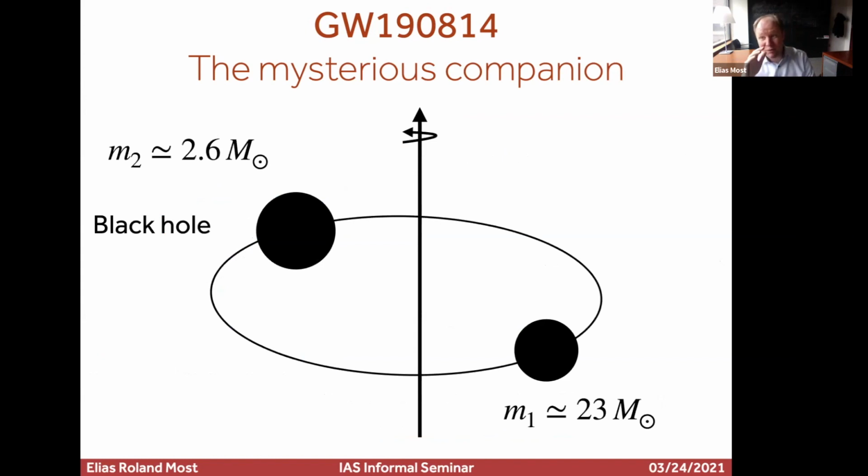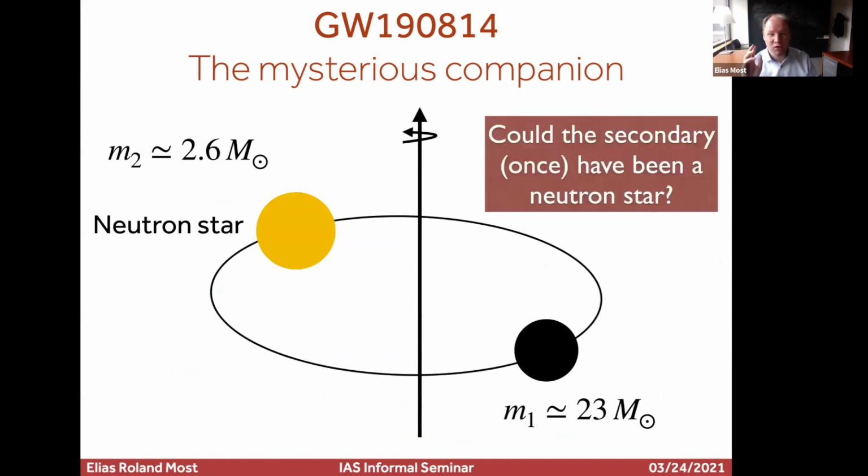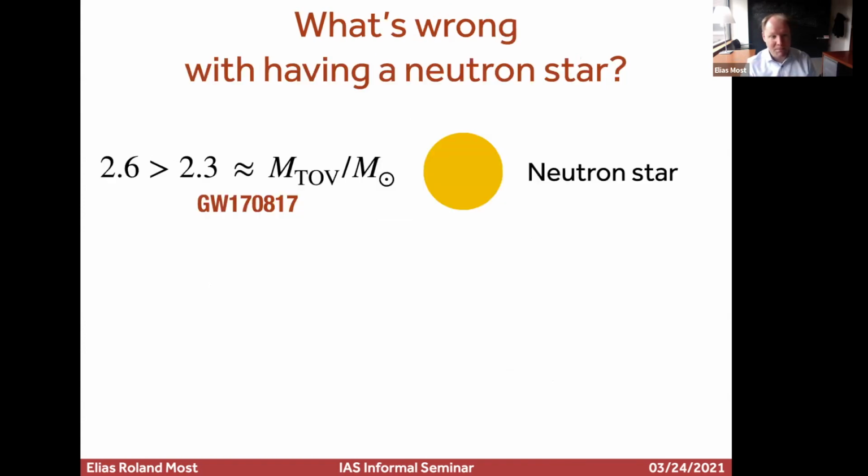So the question is really what goes wrong if you have a neutron star. This would be the simplest picture. Why not have a black hole? That's a little disfavored, because in core collapse supernovae, getting black holes below 5 solar masses is hard. It's not impossible, but it's difficult, and there have been many papers showing what you have to change to do this. But if you have a neutron star, does it even make sense in light of what I just said? The main issue is that if a neutron star can have at most 2.3 solar masses, how can you reconcile this with 2.6? That just doesn't seem to match, unless what I was saying was too crude an estimate to make sense.